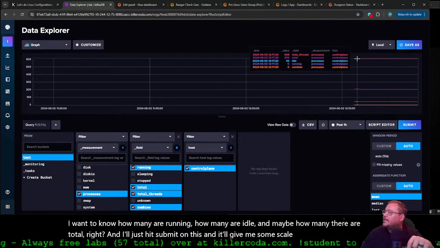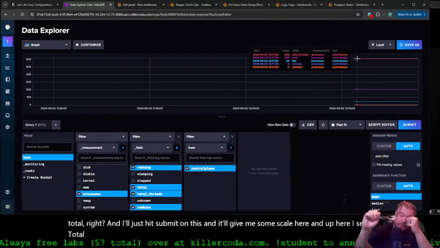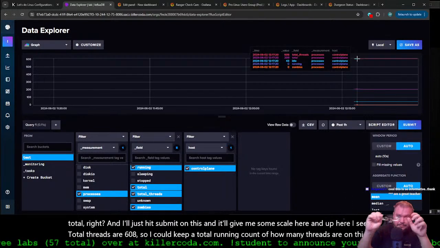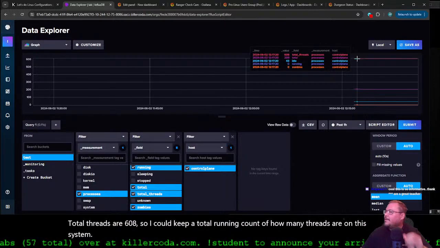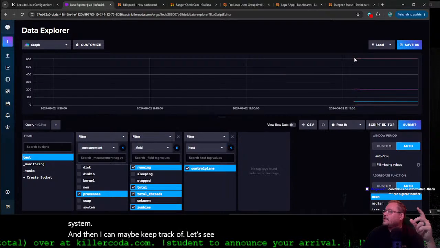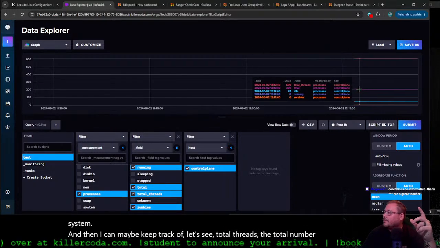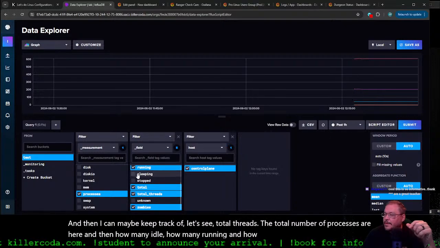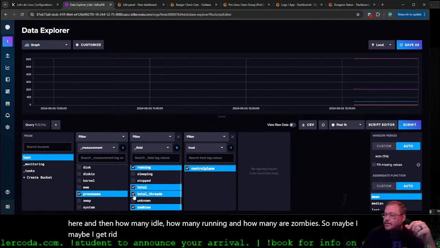And up here I see total threads are 608, so I could keep a total running count of how many threads are on this system. And then I can maybe keep track of the total number of processes here, and then how many idle and how many running and how many are zombies. So maybe I get rid of the total threads, right?